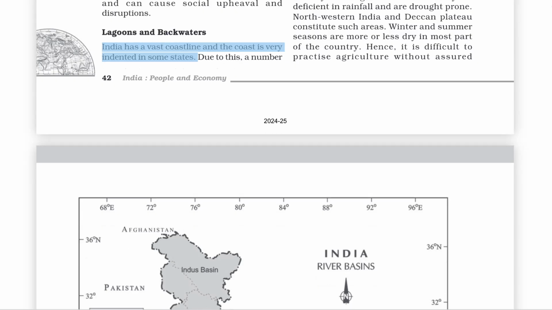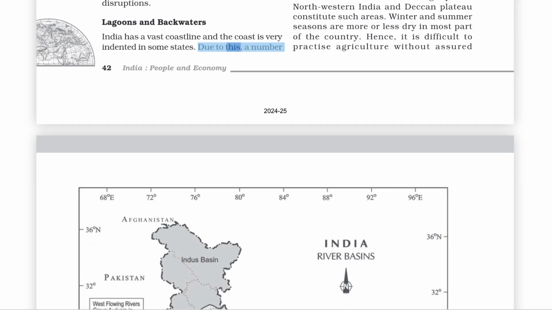Lagoons and backwaters. India has a vast coastline and the coast is very indented in some states. Due to this, a number